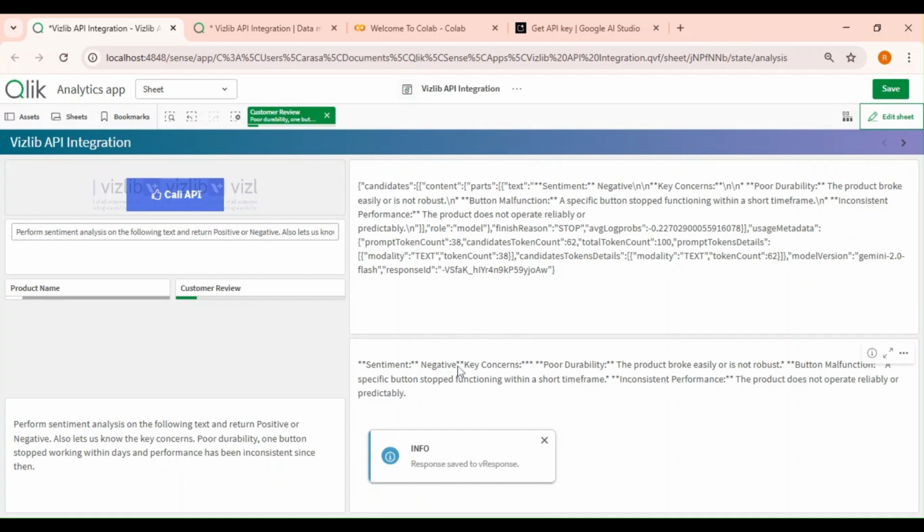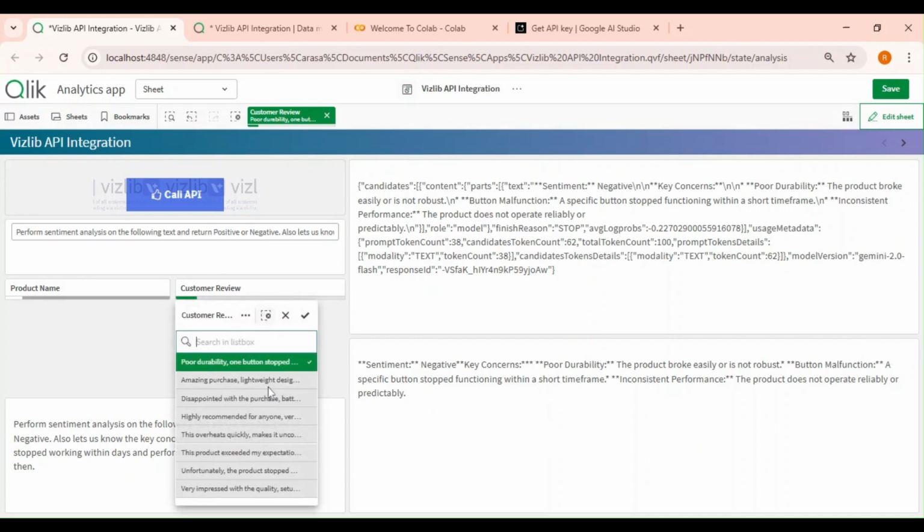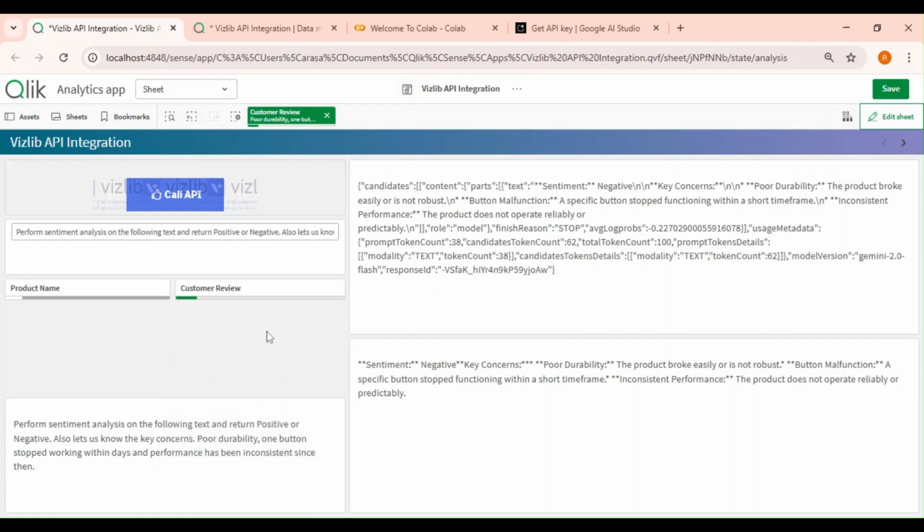So it says sentiment is negative. These are all the key concerns. Poor durability, it broke easily, and so on. So in this way, we can control the output. You can even control the way you want this output to be formatted, with JSON format or HTML format or whatever, or bullet points. So with the help of these prompts, system prompts, and your data, you can basically control the output, and you can extend it to multiple fields,